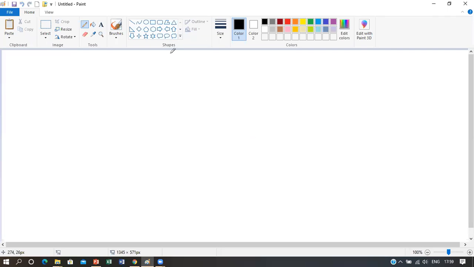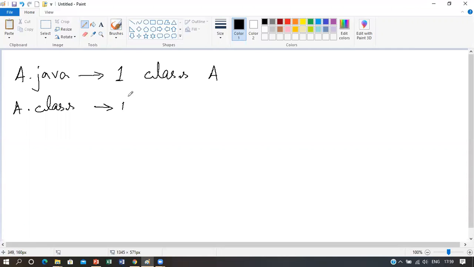Suppose you have written a Java program inside a file a.java which contains only one class named A. So the .class file will be A.class, which will contain the bytecode.